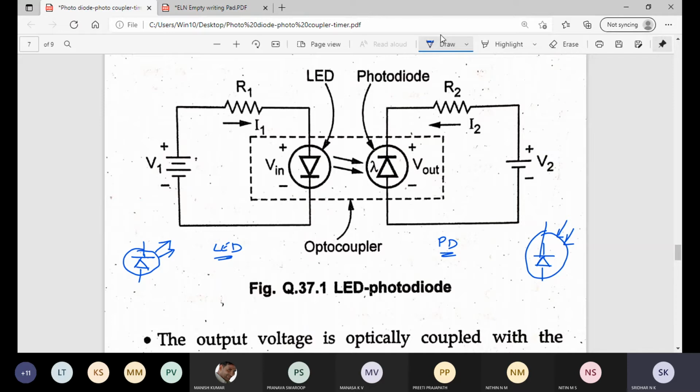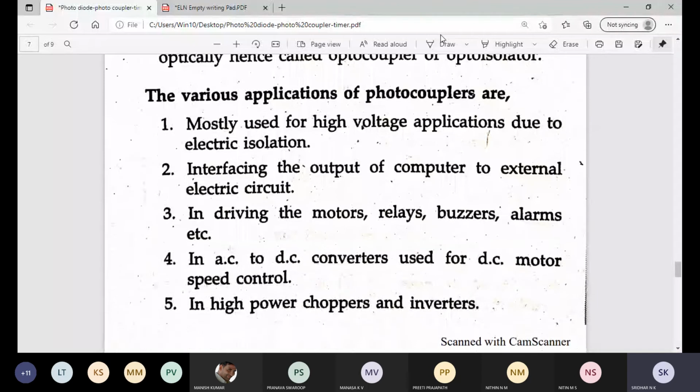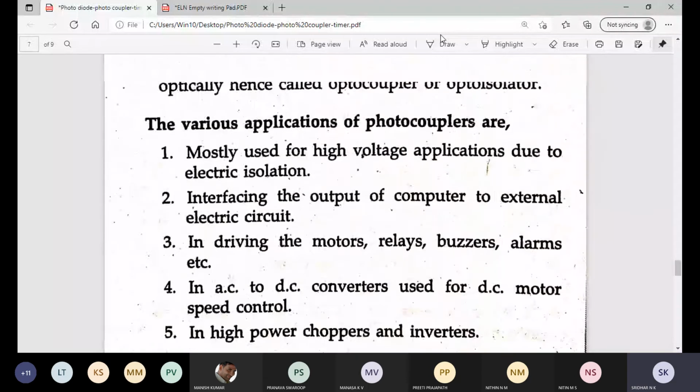Light emits from the LED and light will be detected from the photodiode. These two combinations give rise to a new device called a photocoupler. Now, where do we use this device? For example, if you want to count the number of persons getting into the classroom